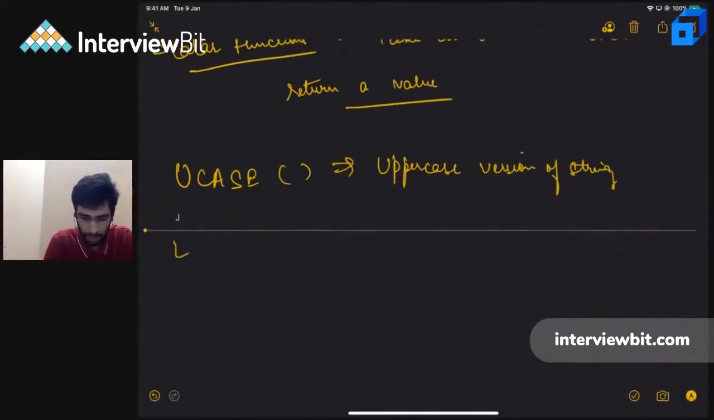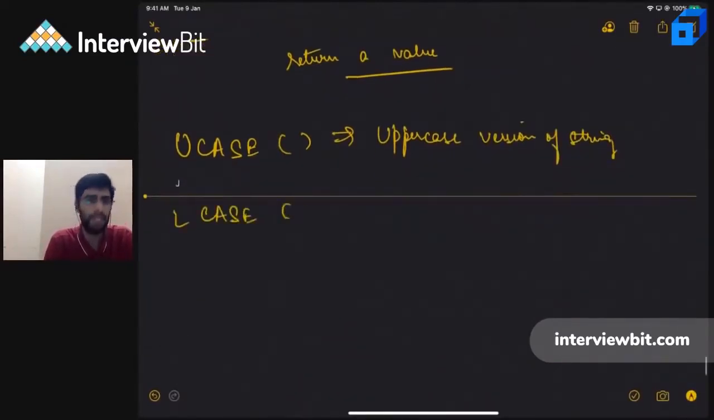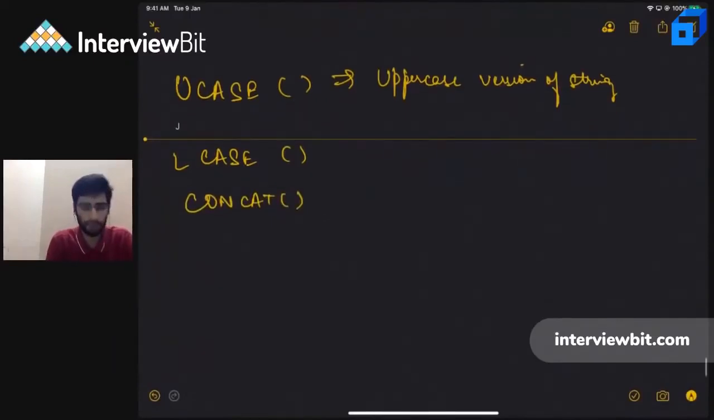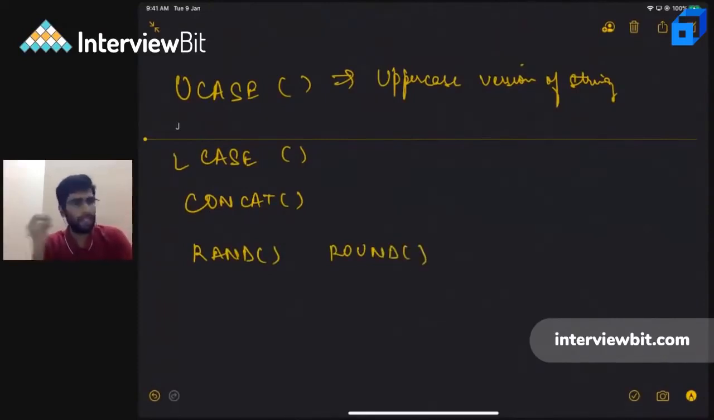Similarly, there can be lowercase as well. Then there are multiple other functions. There are concatenation of different strings. Then there are some mathematical functions which are actually useful. These are rand for random. Then there are round. One of the most important functions that I've personally used in my real life environment